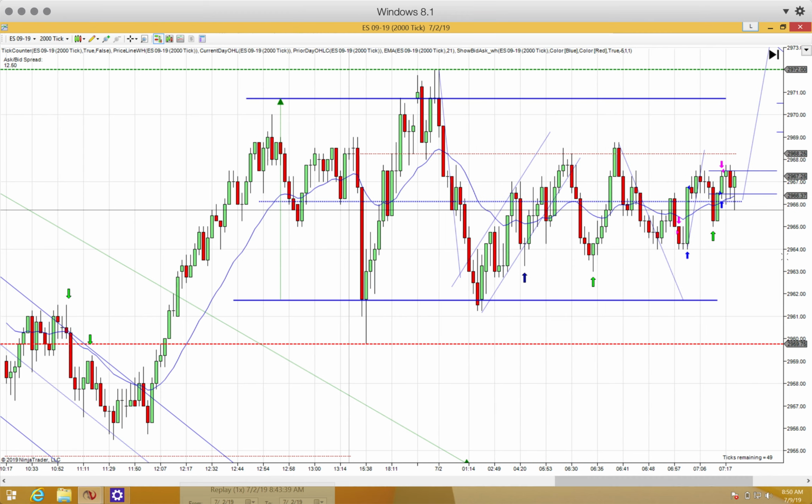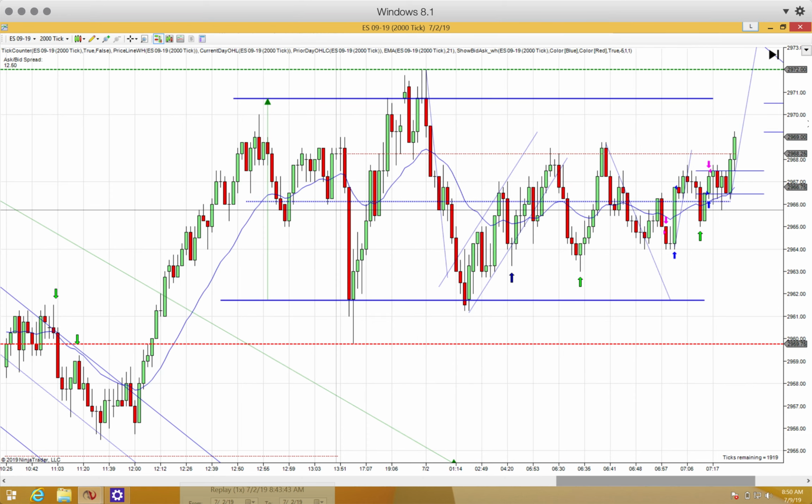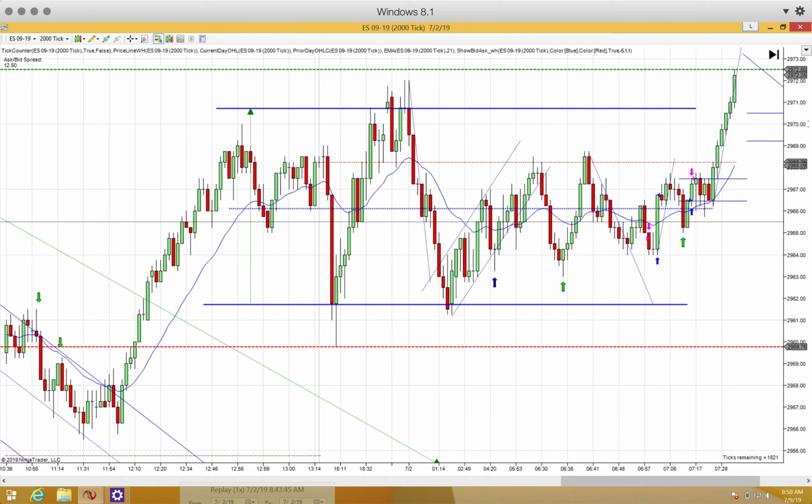And then it stacks up for a little bit and continues higher. So now we get this is a breakout. We made a new